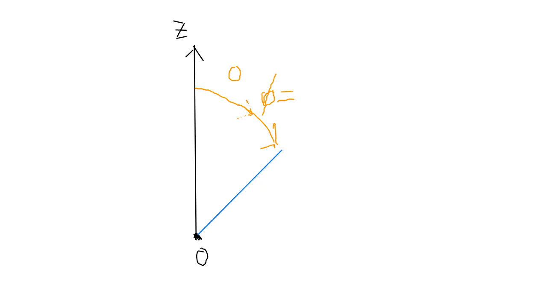I wanted something a little easier. I was going to say pi over 4. I'm sorry if it's not perfectly pi over 4, but I think you know. So if phi here is pi over 4,